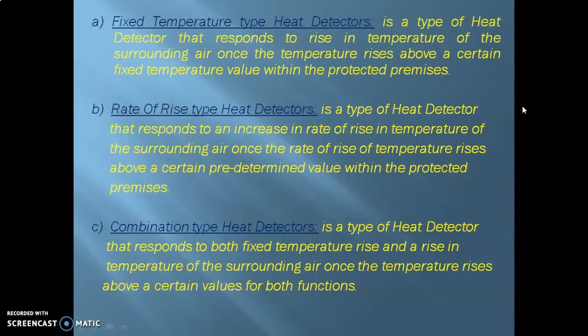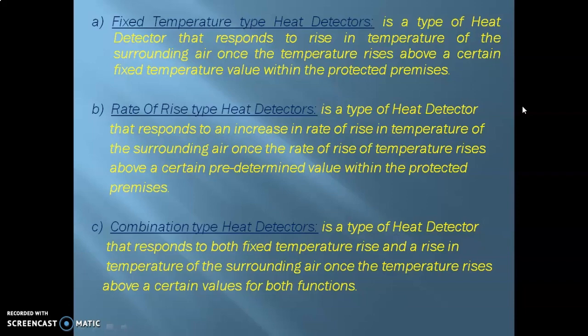Alright, so next, moving on to the combination type of heat detectors. Now these kind of heat detectors are fairly more accurate because they involve both the fixed temperature and the rate of rise scenarios and functions. The condition in which these heat detectors will give an alarm is that both the conditions of the preset temperature as well as the rate of rise in the temperature are met.